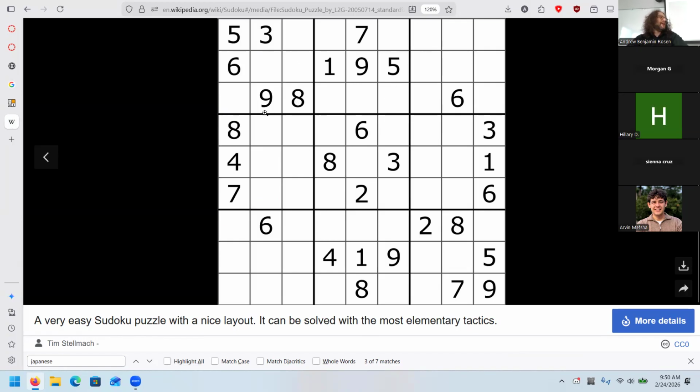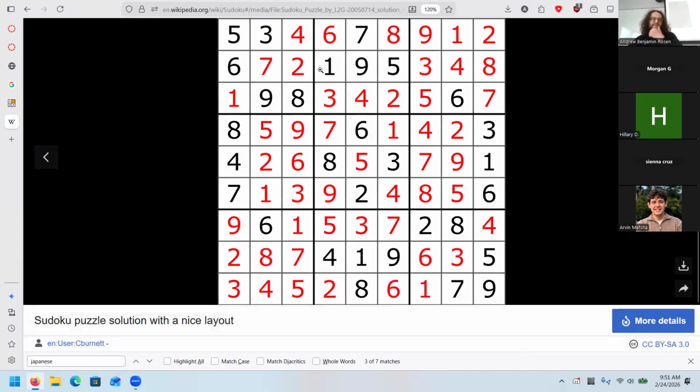Each row, each column, and each of these 3x3 squares can hold each number 1 through 9 exactly once. So if we look at a solution, notice that this row only has that one appears only over here. In this column, it appears once in this row and once in this 3 by 3.